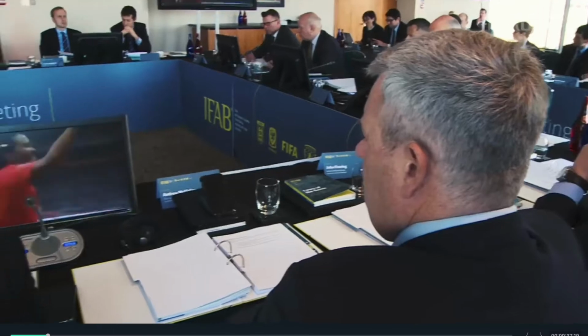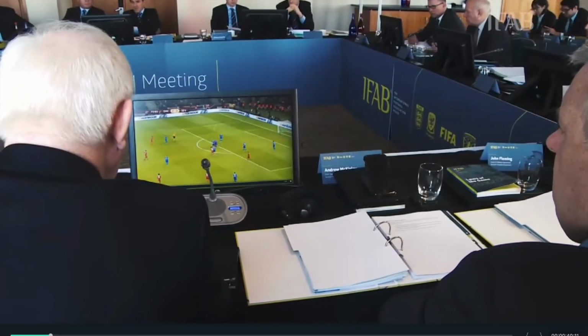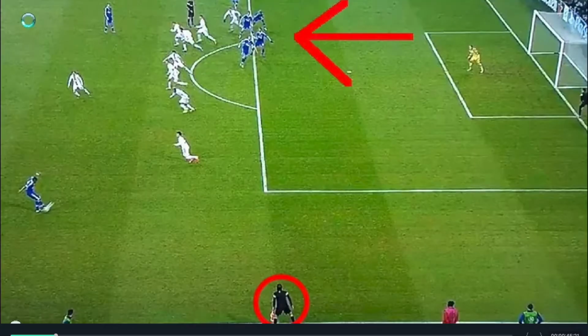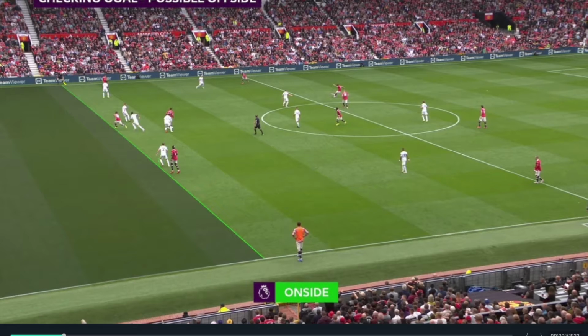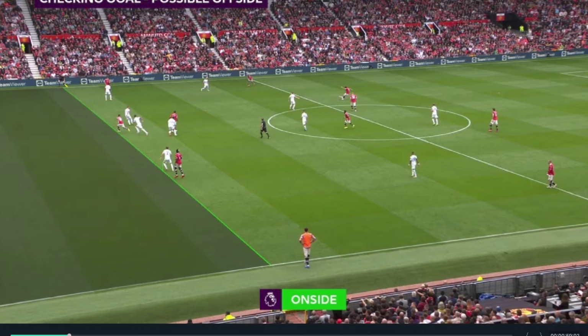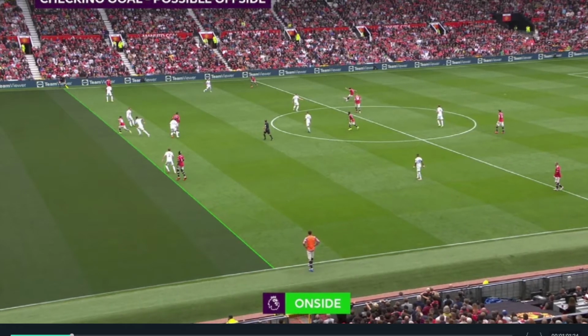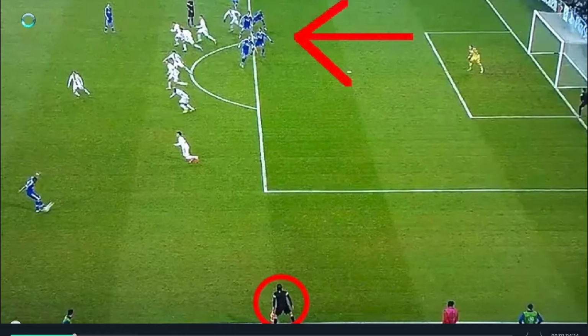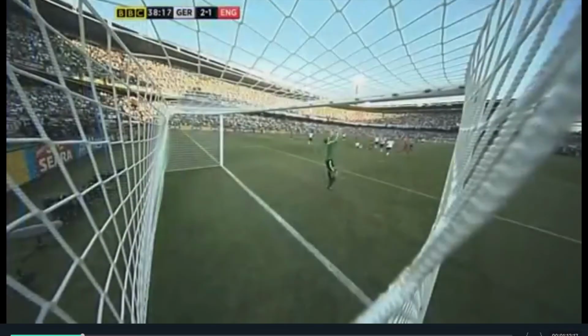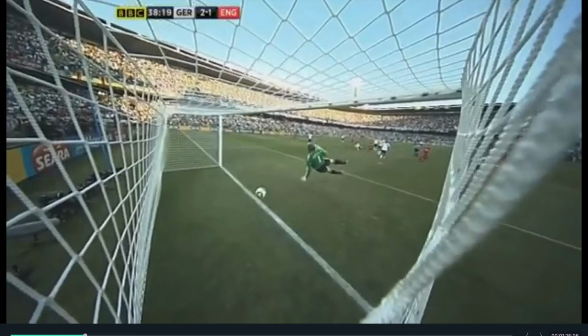Operating under the philosophy of minimal interference, maximum benefit, VAR systems seek to provide a way to combat clear and obvious errors and serious missed incidences, which can be problematic. That's something for another video. Other than offsides, it can be used in goal or no goal, penalty or no penalty, direct red cards but not second yellow cards or cautions, and mistaken identity, when the referee cautions or sends off the wrong player of the offending team. VAR was brought in due to a number of incidences where referees and assistant referees, who are fallible by the way, made massively bad decisions, and the most common of these by far are offside decisions.